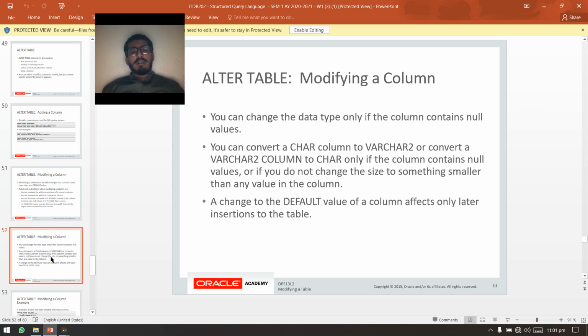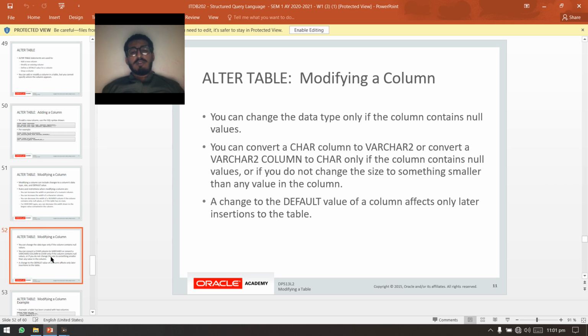You can convert a CHAR column to VARCHAR2 or convert a VARCHAR2 column to CHAR only if the column contains null values or if you do not change the size to something smaller than any value in the column.